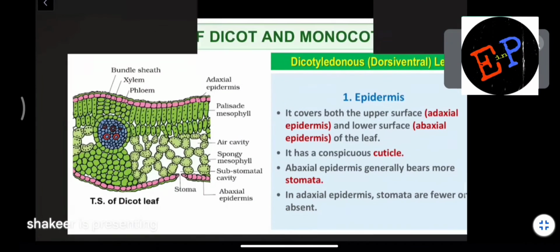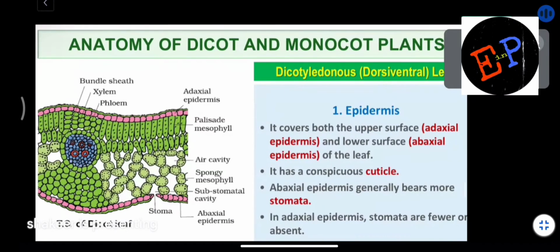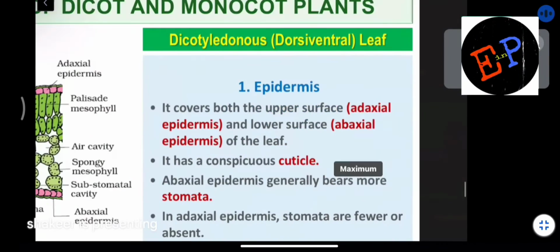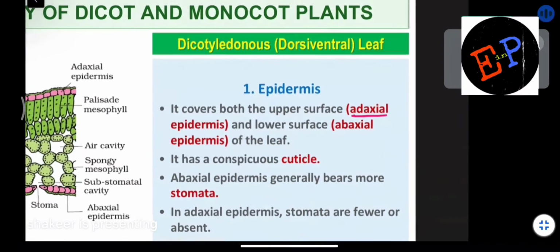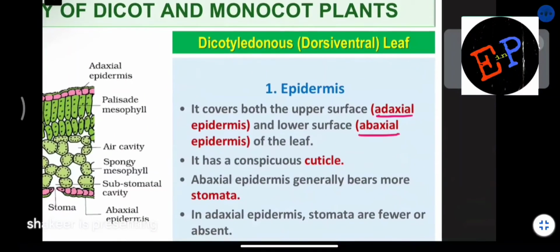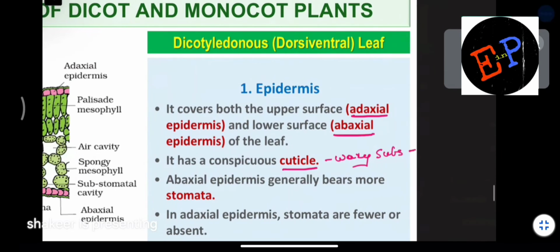So this is the transverse section of this dicot leaf. Okay. So first of all we will study about epidermis. What about epidermis? It covers both the upper surface and lower surface. The upper surface epidermis is called the adaxial epidermis, and the lower surface epidermis is called the abaxial epidermis. Clear? So it has a conspicuous cuticle. Conspicuous cuticle means what? Cuticle means waxy substance, no? Waxy substance which is responsible for stopping